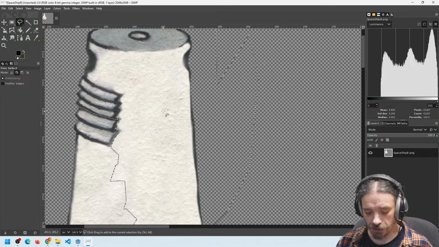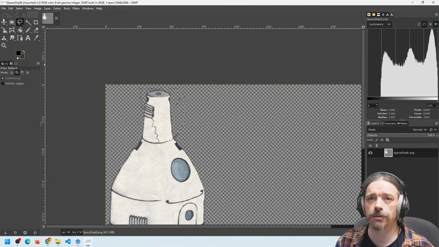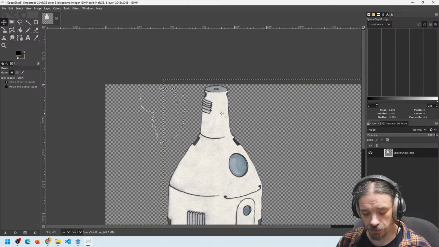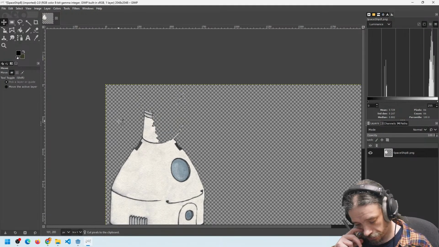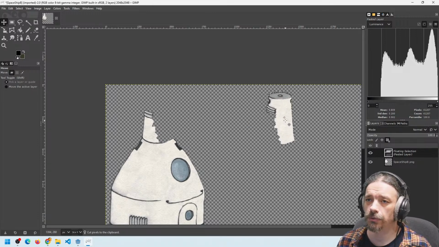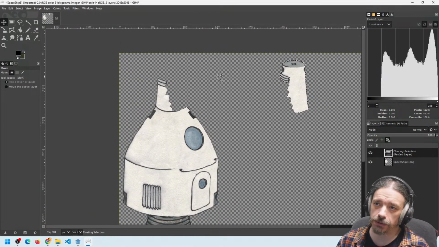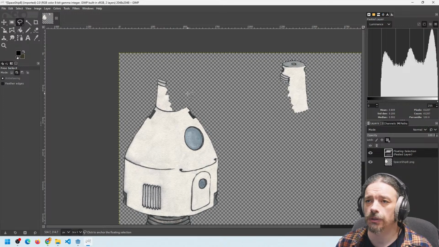I'm thinking about how I need to separate these parts. Can I just drag it? No, undo. So maybe I need to do this. Okay, and now it's separated. So this will be one of the parts. I will break it into like 6 parts or something like that. So now next one, this is done. I need to change the tool. I need to memorize the shortcuts for this. Okay, so now the next one can be